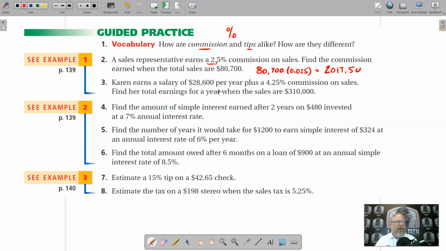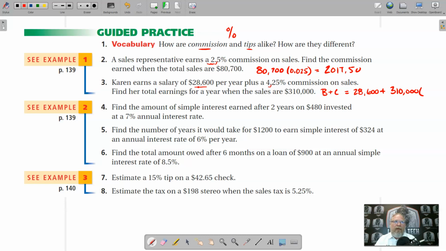Find her total earnings for a year when the sales are $310,000. So we need to go ahead and take her base, and we're going to add it to the commission, right? So what is her base? Base is $28,600, and the commission is a percentage of her sales, right? So her sales were $310,000, and her commission is